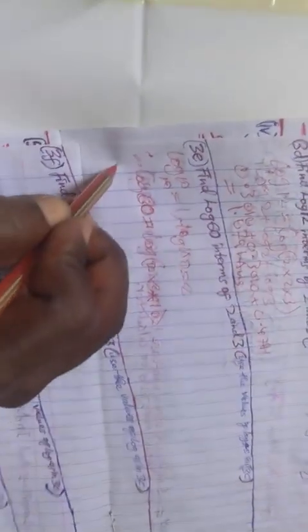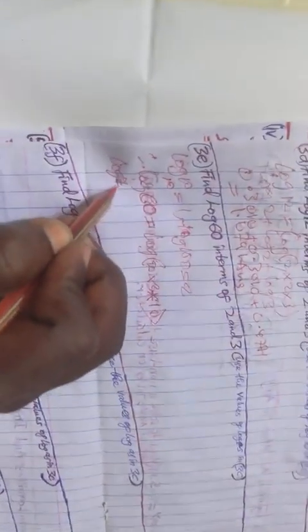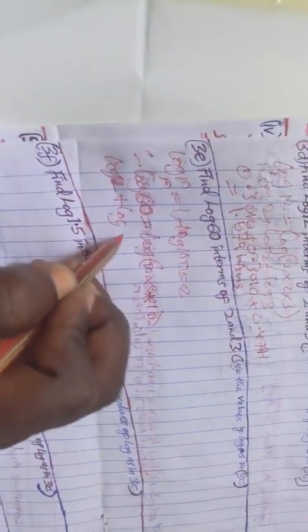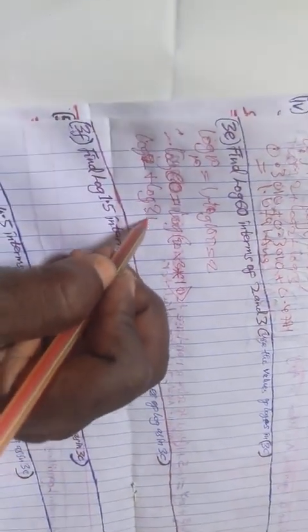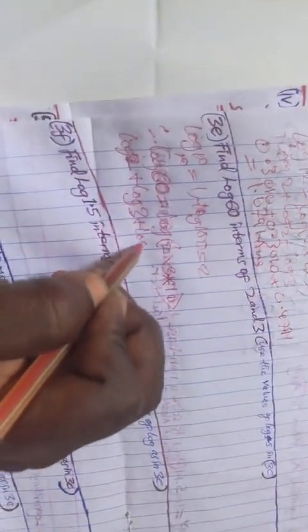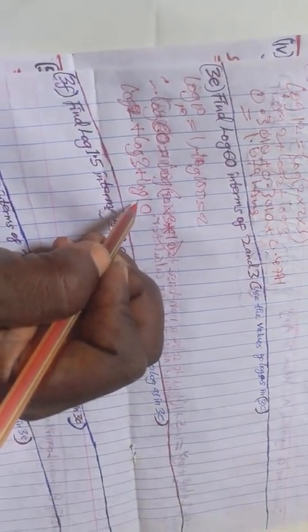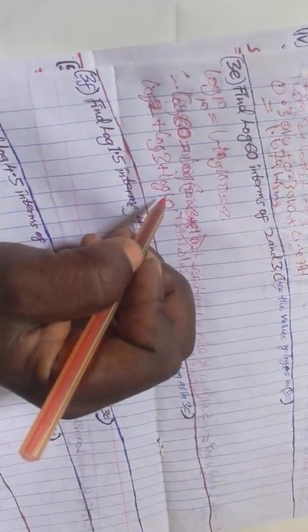Hence we say log 2 plus log 3 plus log 10, and by dropping the logs,